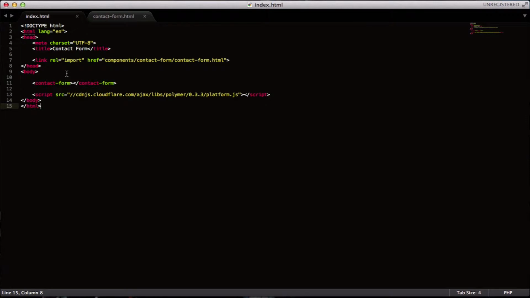information to our email. The Polymer team has created several quote-unquote core web components that allow us to do things in HTML markup that weren't previously possible. One of those things is being able to make an Ajax request just by using a custom element that they've created called core-ajax. So in order to be able to use core-ajax, we need to get the web component files